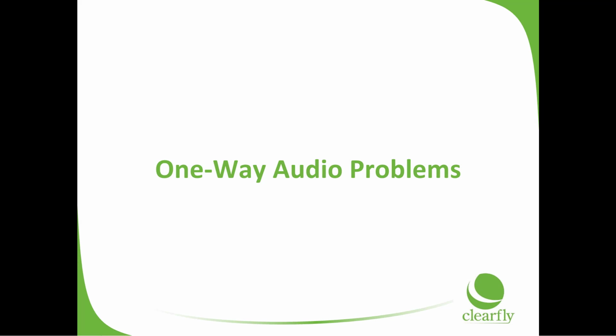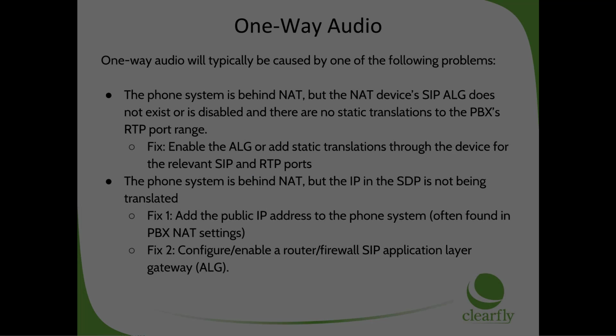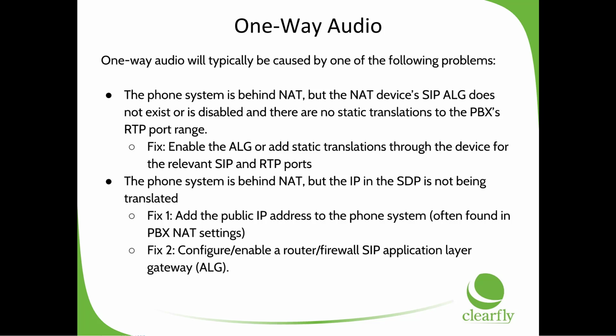And on that note, probably the most common issue we see on new deployments is one-way audio. Usually, the PSTN side of a call can hear audio, but the person at the customer site cannot, so we'll dive into that now. One-way audio issues are typically caused by one of the following problems. First, the phone system is behind NAT, but the NAT device's SIP ALG does not exist or is disabled, and there are no static translations to the PBX's RTP port range. A fix for this is to enable the ALG or add static translations through the device for the relevant SIP